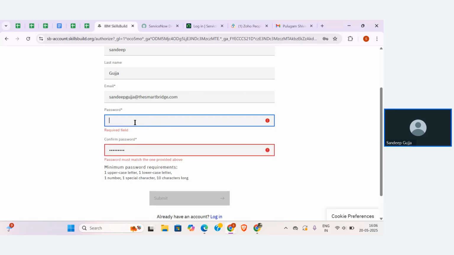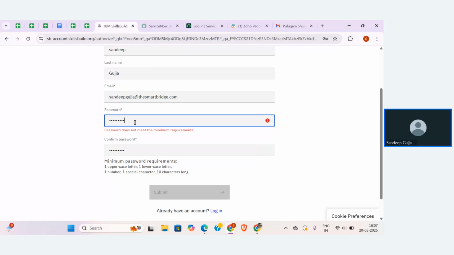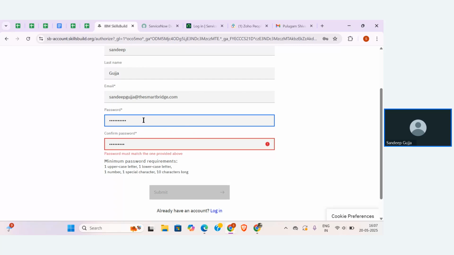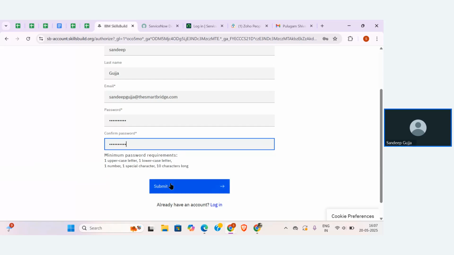So let me change that. It is not matching with my criteria. Okay. After that, please click on submit. Then you can log into your account.